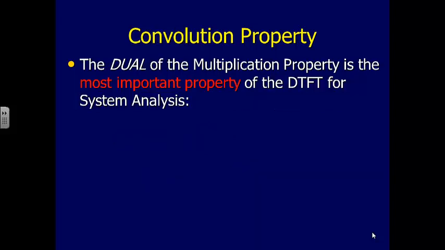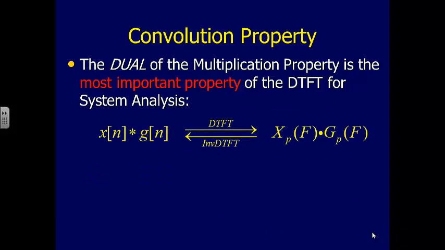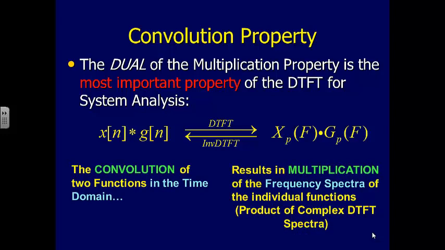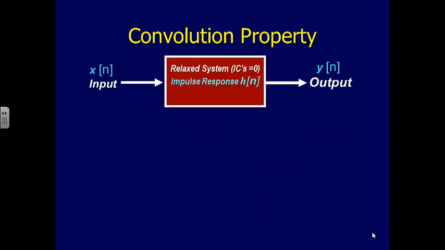More importantly, the punchline is the dual. To convolve things in the time domain, it's multiplication in the discrete time Fourier transform domain. That's the one we do. That's what we like, because we don't like convolving stuff anymore. We like multiplying stuff. So, if you want to do system analysis, if you want to find the output for a given input,